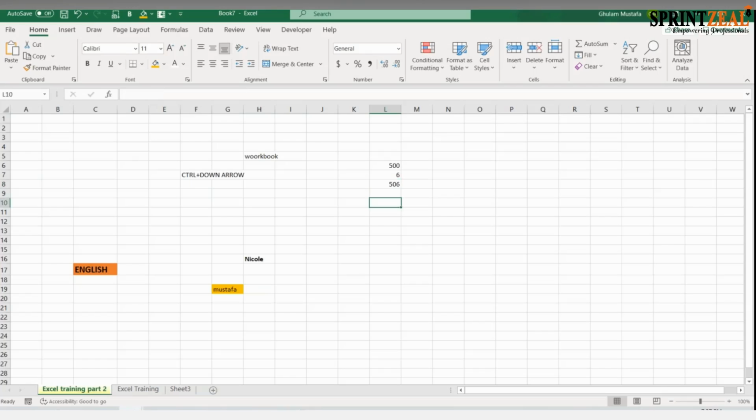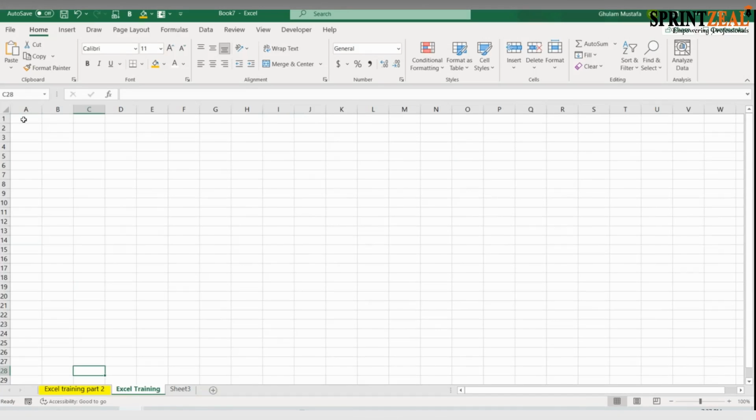Now I just applied the sum function over there. Let's say I want to say to you, let's add numbers from 1 to 10 and give me the sum. How can I do that? Let's go into a new Excel worksheet and write some numbers over there.